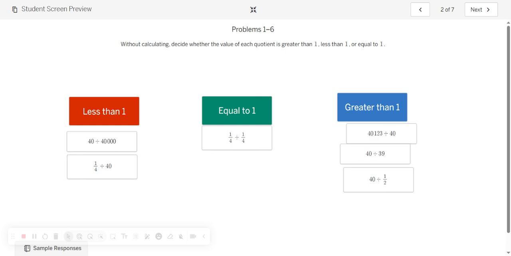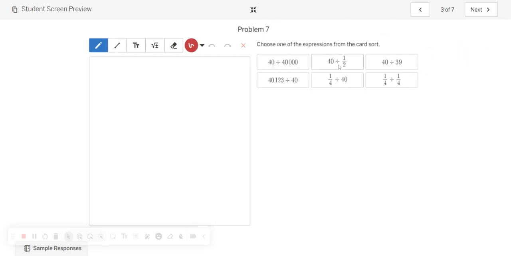I thought there were more of these in the workbook. There were 6 total. So here we go. It looks different here than it does in the workbook. Next one, it says pick any one of those expressions and show how to do this. I mean, 1/4 divided by 1/4 is probably going to be the easiest, but let me do them all. So 40 divided by 40,000